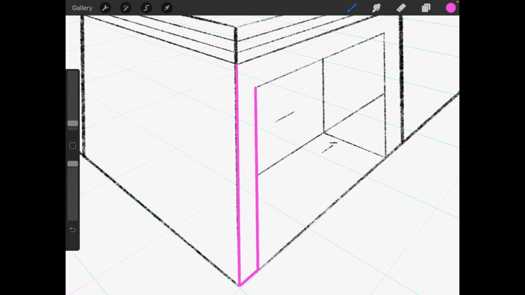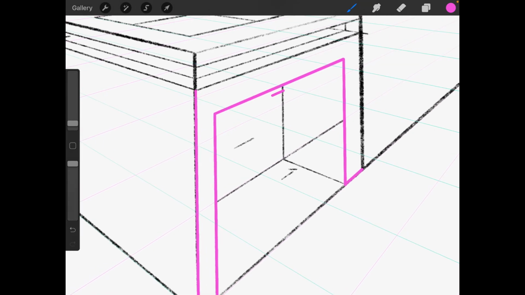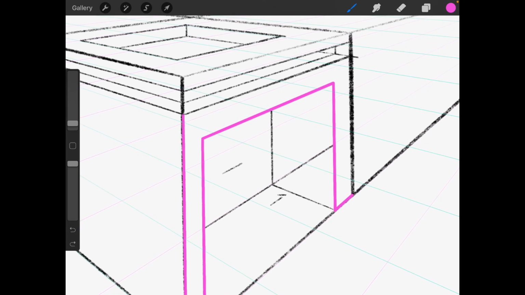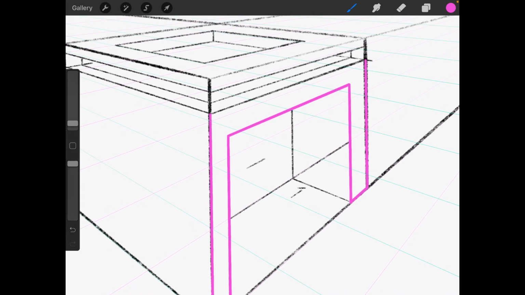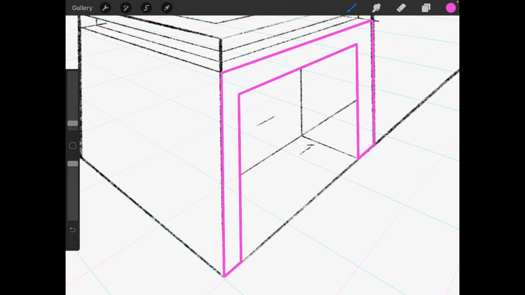We're going to make the shape of the cutout first, very quickly, and I'm going to finish off this side of the object as well, and close it out like this. As far as the cutout is concerned, we can see the corner here,